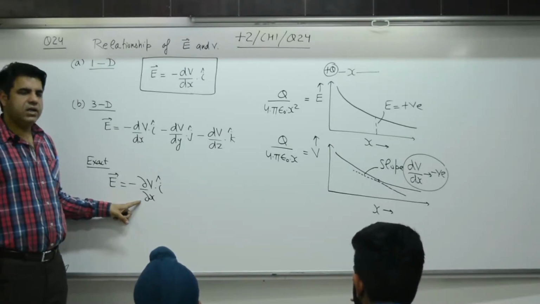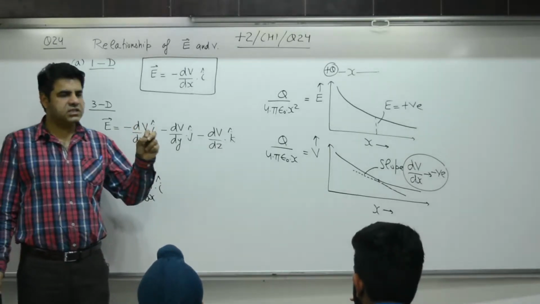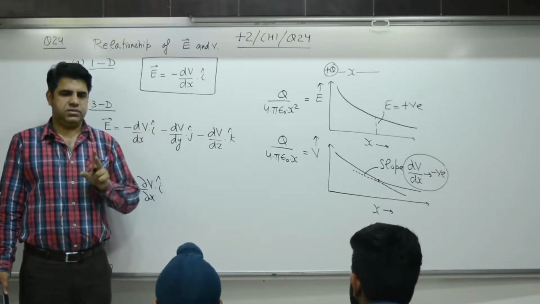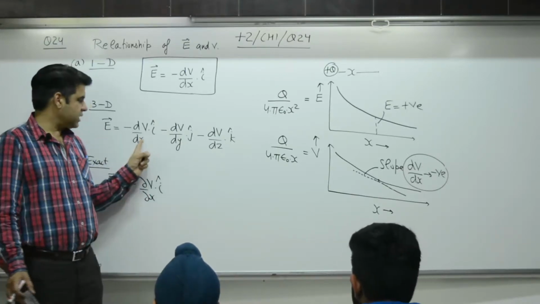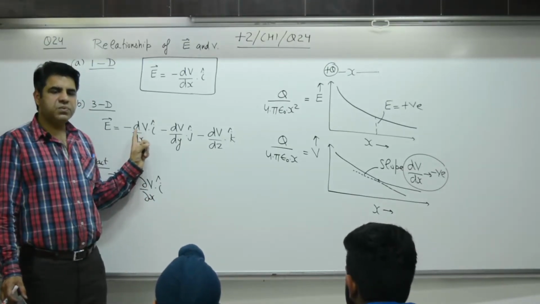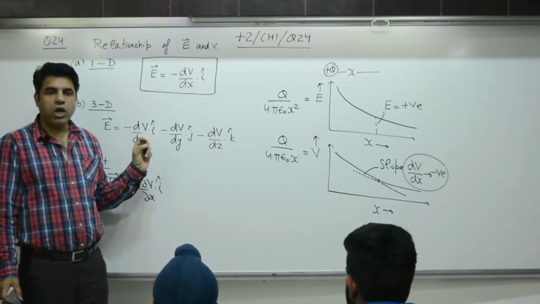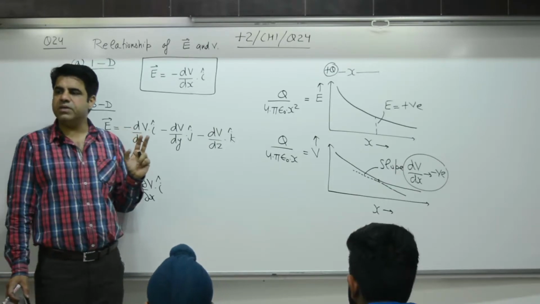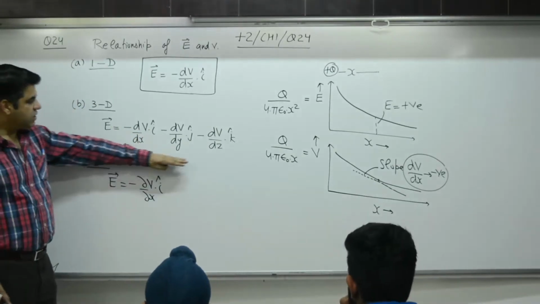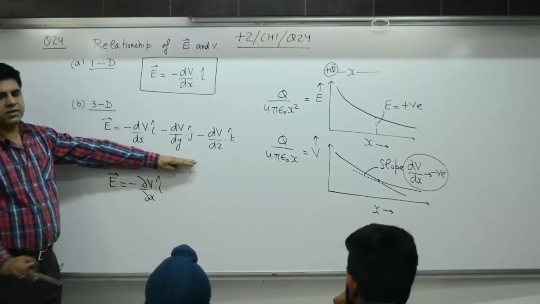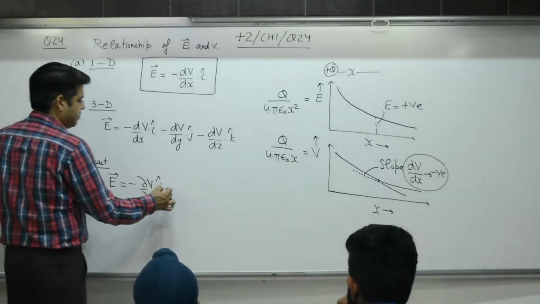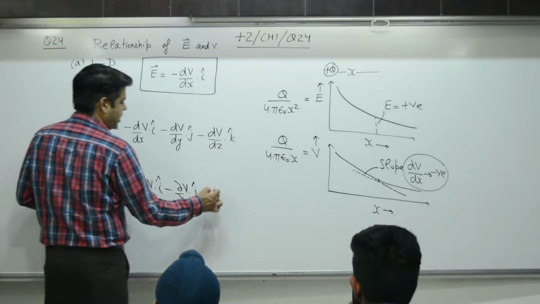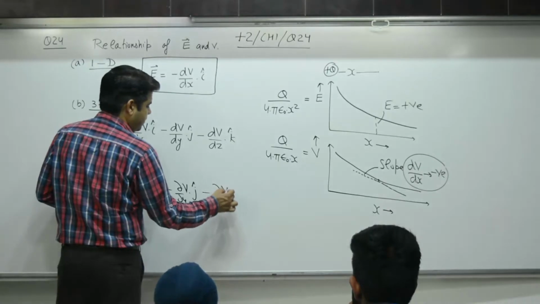We will have a numerical. V, for example, depends on x, y and z: V is equal to x square plus y square plus z square, suppose. How do you differentiate with respect to x? Keep all other parameters constant. That is what we mean by partial differentiation: focus only on this part. The exact format is minus curly del y of V j minus curly del z of V k.